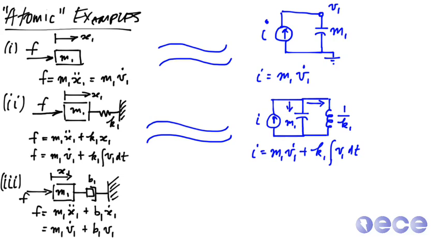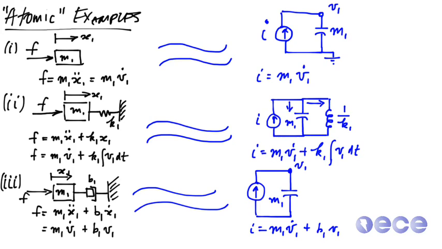Now if we push with this force, first of all inertia pushes back, and then second of all this damper is going to push back. So let's go into the twilight zone again. Now we have a current source I. We have our mass M1 V1 dot, so that's the capacitance. But again, now we're looking at how we dissipate energy based just on the velocity, or just on the voltage. And we actually know how to do that with a resistor. So B1 V1,